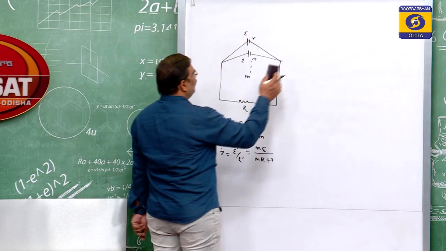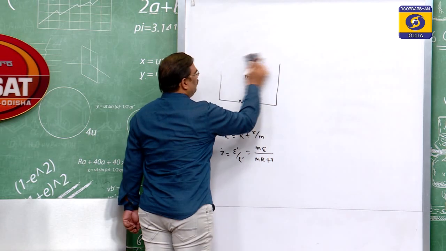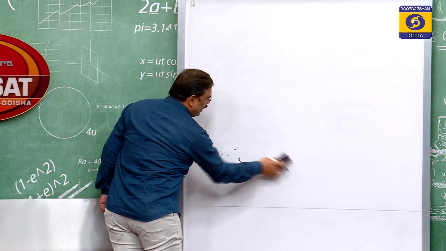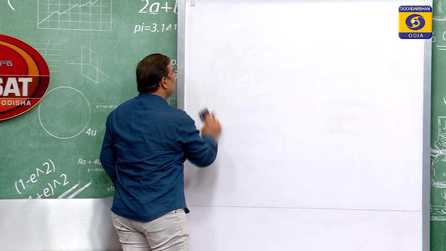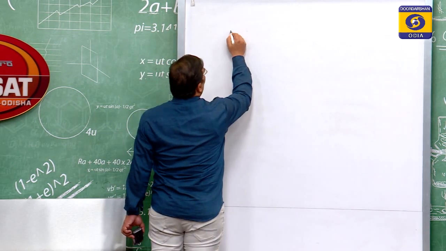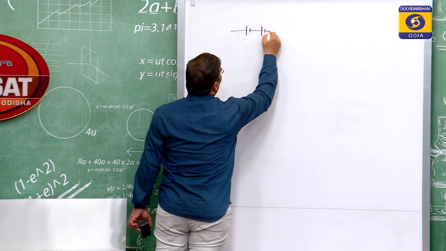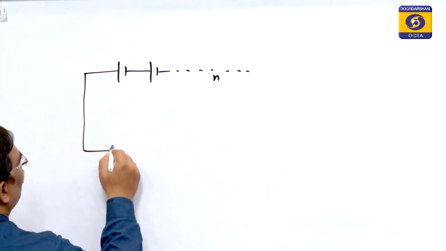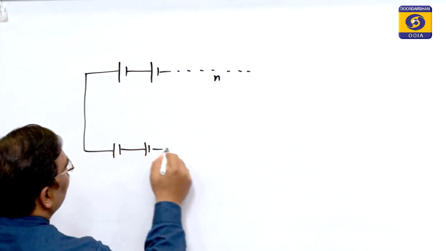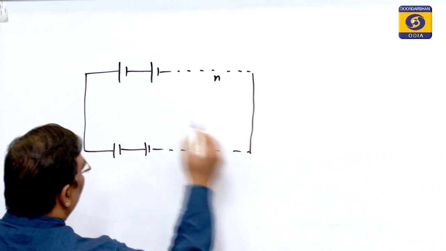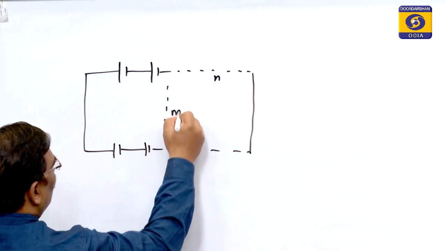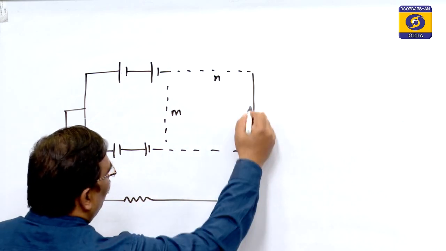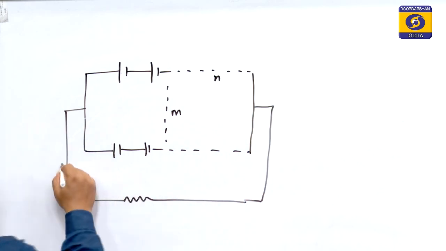Now, let us consider mixed grouping of cells. In case of mixed grouping, let us suppose there are n number of cells in series and m number of such networks are in parallel, sending current across